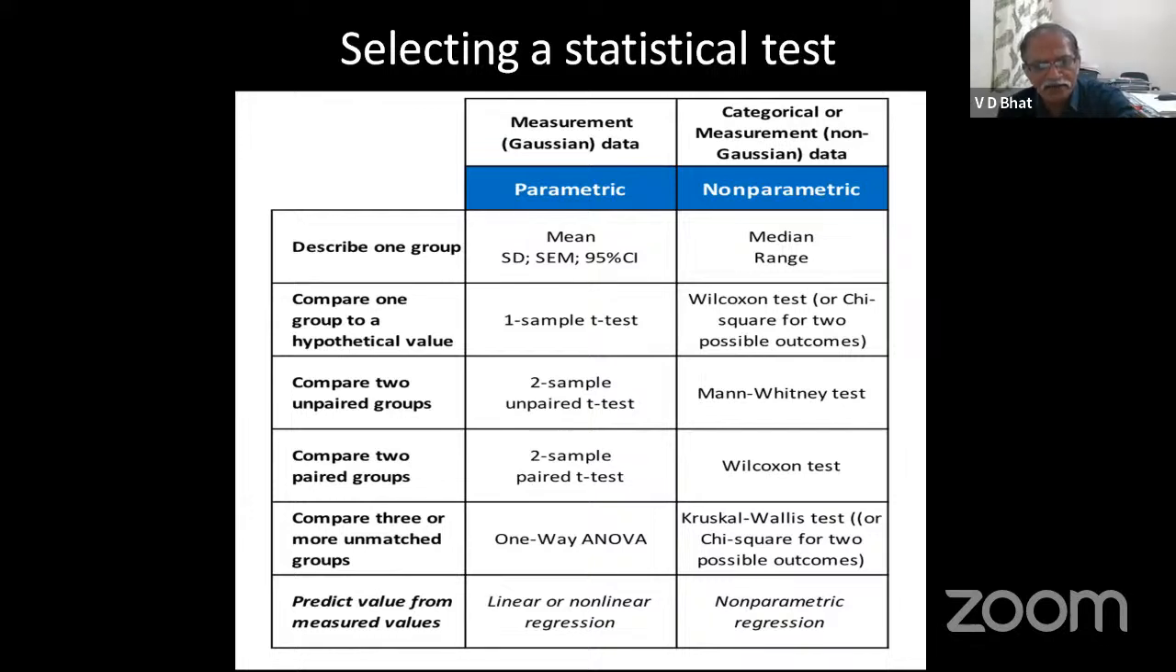Suppose I am comparing 3 or more groups. I don't have 2 groups. I have 3 or more groups and I want to compare them. Then it is one-way analysis of variance, which is a parametric statistic. Whereas Kruskal-Wallis test is a non-parametric test, which is appropriate. Please remember, these parametric, non-parametric alternatives, I will decide only after testing the normality. I have to test the normality. If it is normal, I will go for parametric test. If it is non-normal,